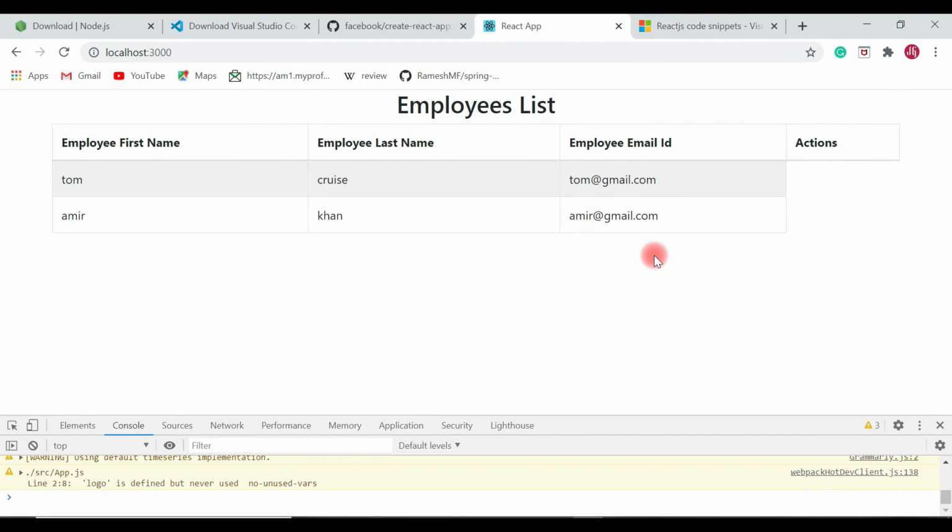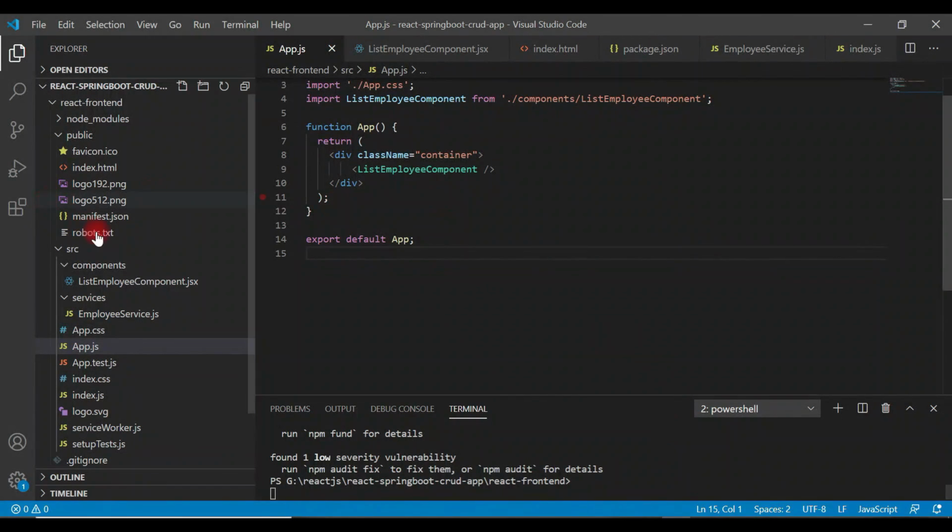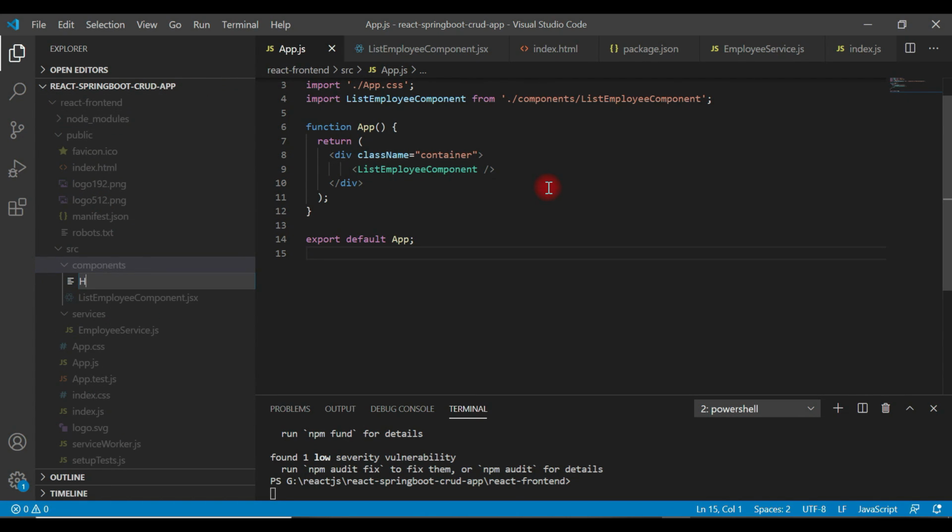in this video we'll add a header and footer to our React application. Let's go ahead and create React components to add a header and footer to our React application. Let's go back to VS Code and go to the components folder. Within the components folder, create a new file. Let's call it HeaderComponent